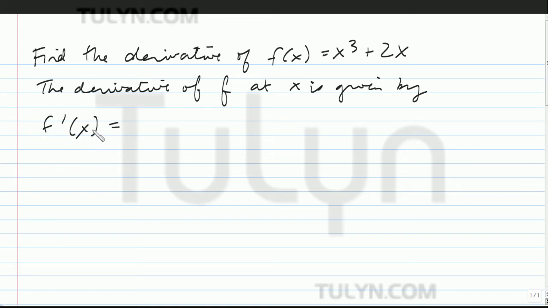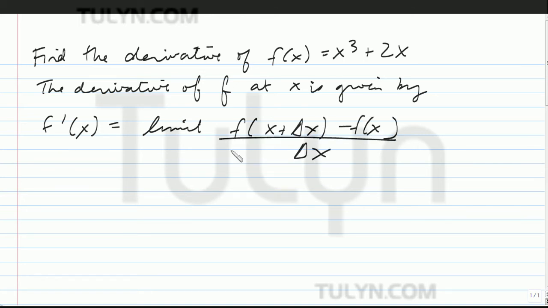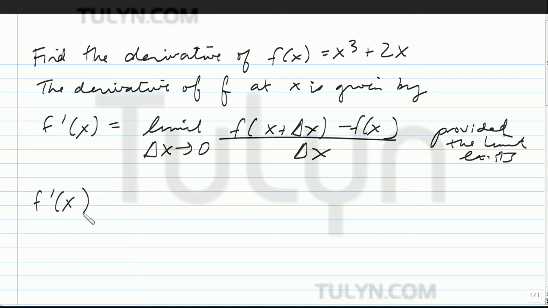which is a derivative of x, equals the limit of f of x plus delta x minus f of x, divided by delta x, where delta x approaches 0, provided the limit exists. So, plugging this in, f prime of x equals the limit